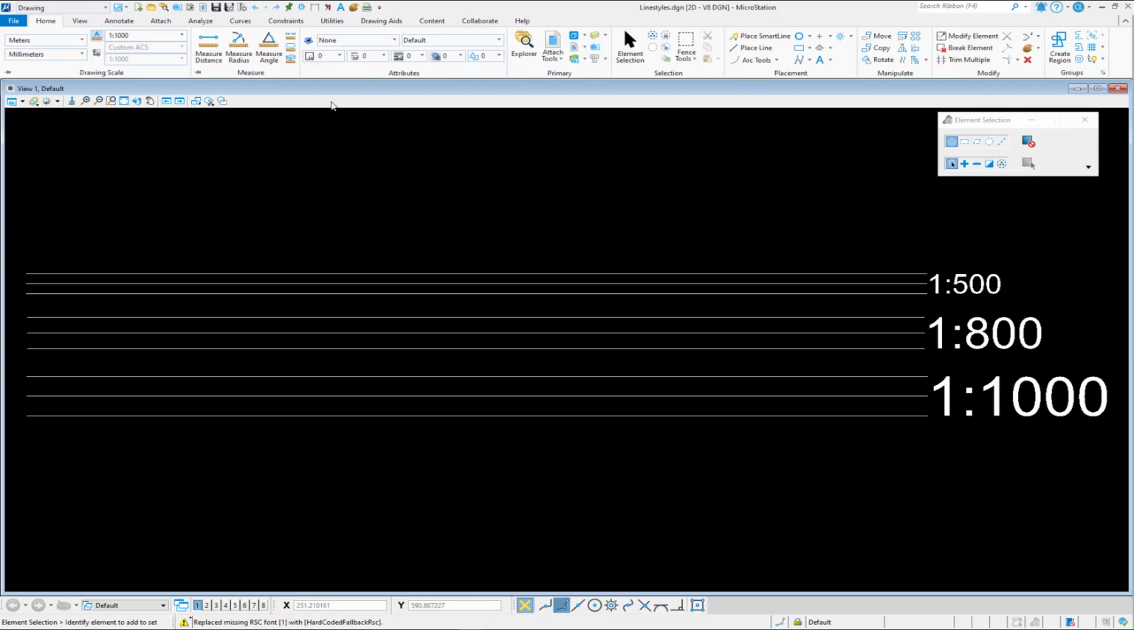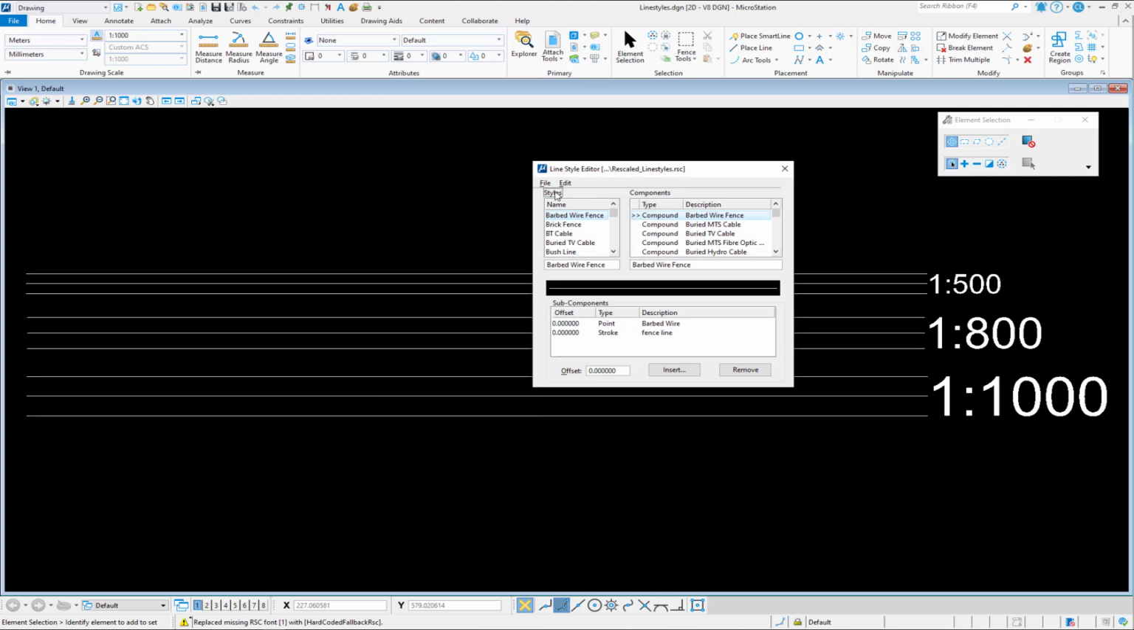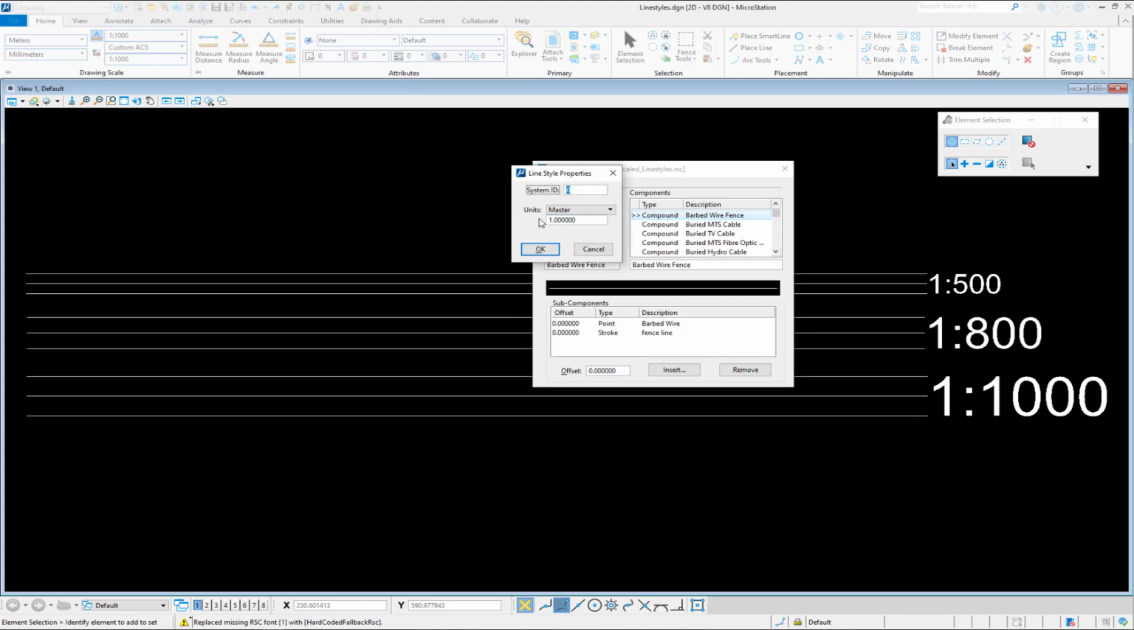Before we move forward any further, there's one thing that we need to check in the custom line style resource file that we've obtained from our client. So we need to go to Manage, and we want to open that file. And so go ahead and make sure that you have the proper one open. And you need to double click on each line style and see if there is a number in here other than the number 1. If this is not set to master and 1, then we need to make an additional